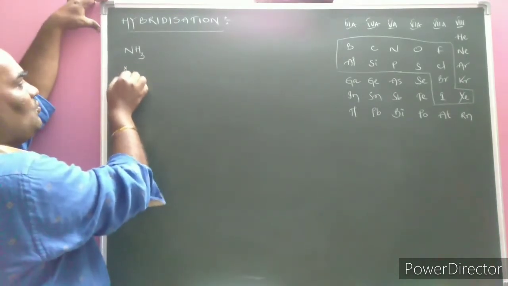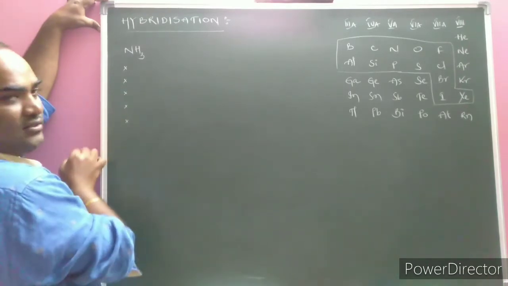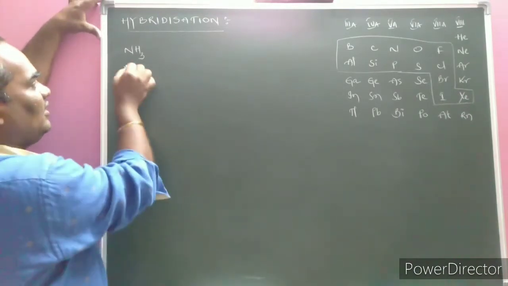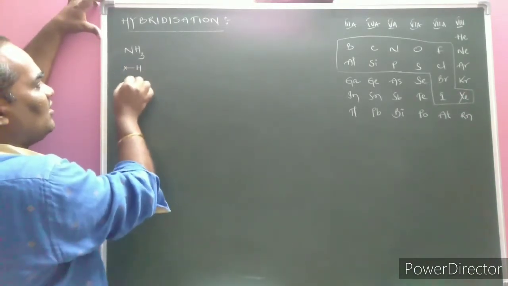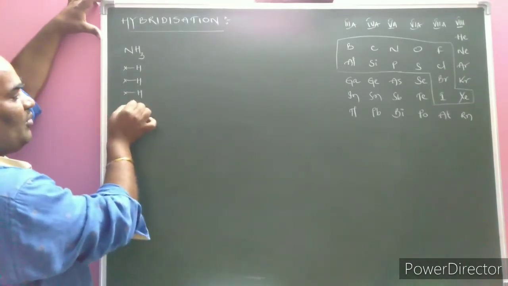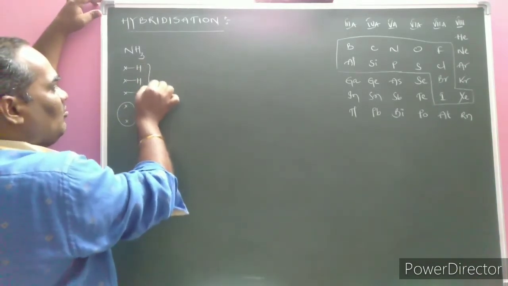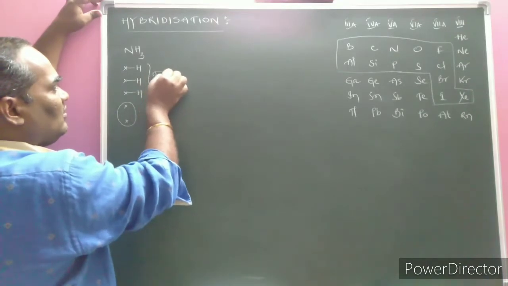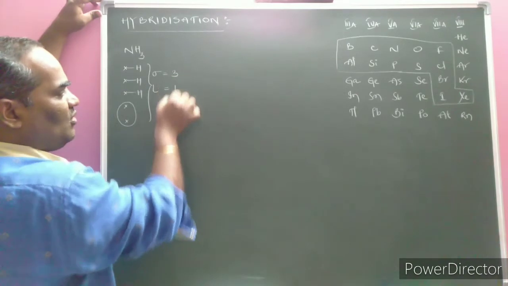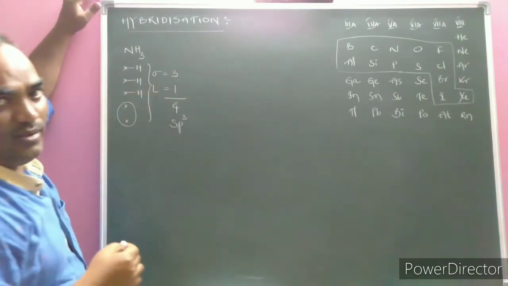So what we need to do here is 3, 4, 5 dots. Here the hydrogen is bonded. We know well that hydrogen is monovalent. Hence, each hydrogen atom requires 1 electron to make a covalent bond with the nitrogen atom, and the remaining is 1 lone pair of electrons. Here the number of sigma bonds is 3 and the number of lone pairs of electrons is 1. Total 3 plus 1 is equal to 4. As a result, the hybridization is sp3.